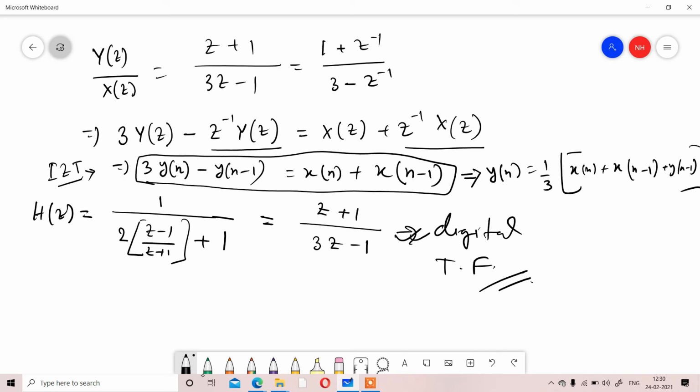Okay. The matter is that this is the simplest example we have taken here, but if the transfer function characteristics are complex or more complicated, then the calculation will also be more complicated. If we use a third order or fourth order transfer function, then the calculation will also be more complicated. Keep in mind.